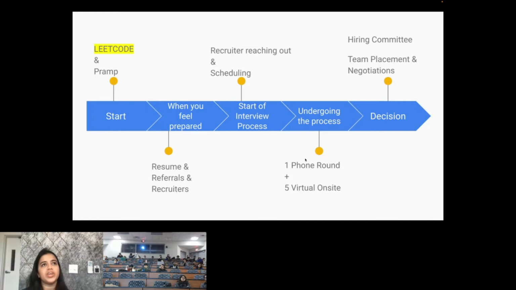But in Google, we have an intermediate process called the hiring committee. So the hiring committee will sit with all the reviews that the interviewers have written, and they will come to a conclusive decision. And usually, the hiring committee takes a little time, like you can expect about 2 weeks minimum. And then even after that, you don't really get an offer until you have the team placement.